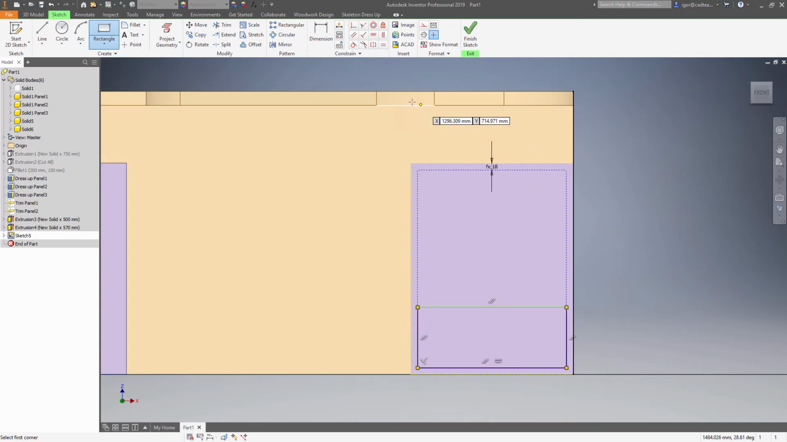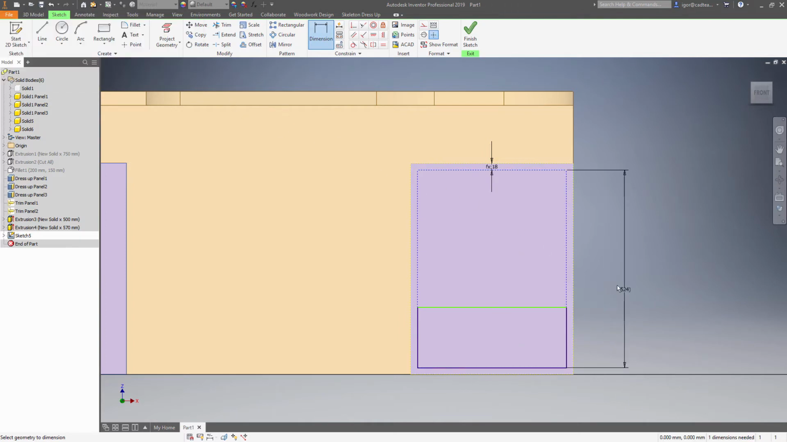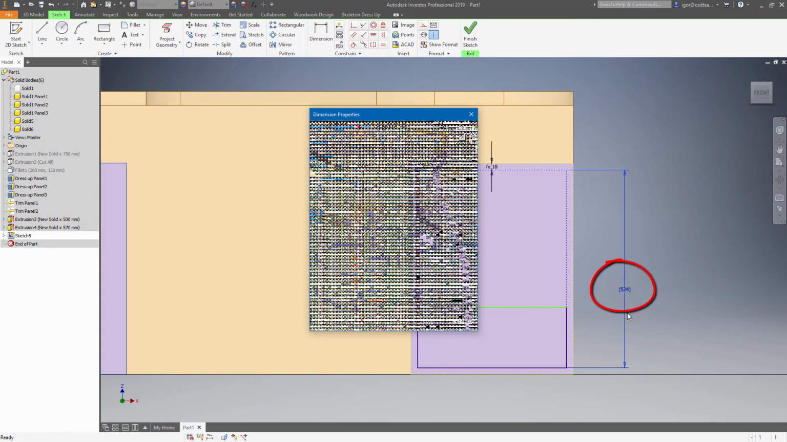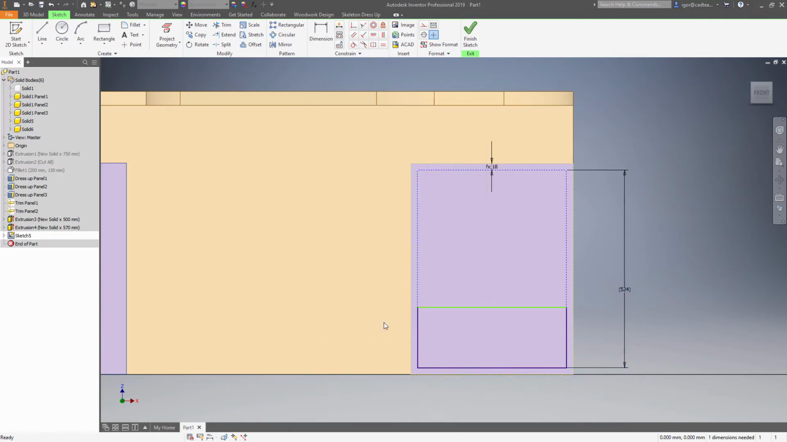Now we can measure how much space we have for the drawers. Let's say we want to have 3 drawers. However, 5024 is not divided by 3 because the sum of the digits for this number is not divided by 3 equally. So we can add 5 plus 2 plus 4, it's 11, which is not divided by 3 as a